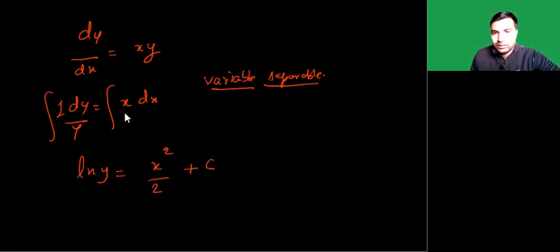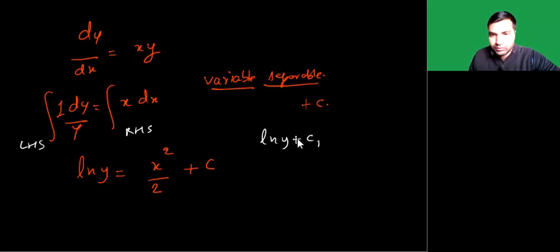Now, one more important thing to note over here is, we know that whenever we have an indefinite integral, we have to write plus c. So here we have LHS part and we have RHS part. So we are integrating both the sides. So when I integrate both the sides, basically what we got is ln y plus constant of LHS part, and we got x squared divided by 2 plus constant of right hand side part, isn't it? Because both the sides are indefinite integrals. So we have to write like this.